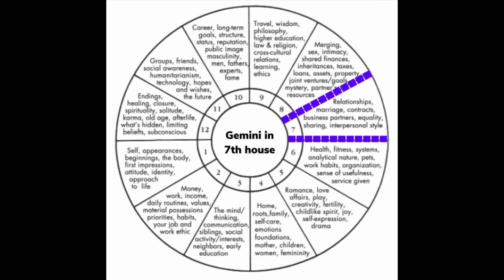Because the 7th house rules long-term relationships, whether they're business or platonic or romantic as well. This is also the house that rules marriages. To say it in essence, the most concrete, simple way of looking into it is, okay, you might marry a Gemini, but that's a very elementary way of saying it, because this could just mean that for your lifetime, you have a lot to learn when it comes to your long-term relationships,